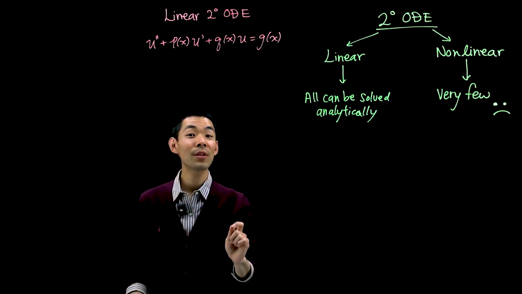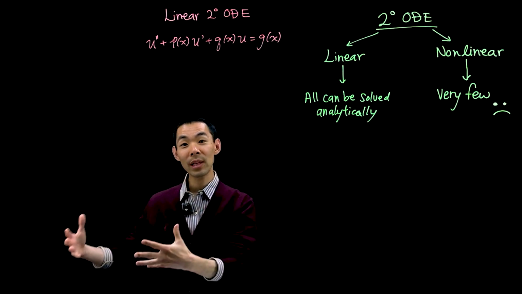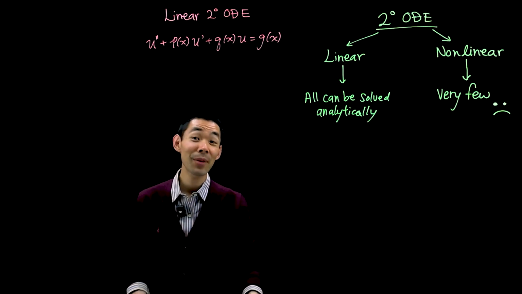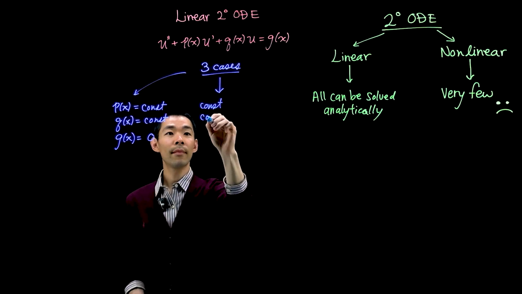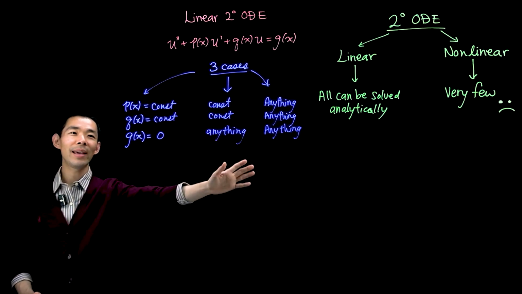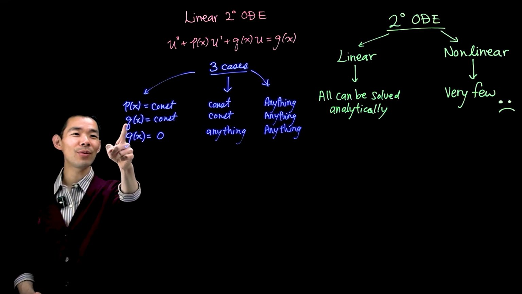Depending on what those functions look like, the strategy that we'll use, the tools that we'll use to solve this equation will differ by a little bit. So let's write down the three cases for us to consider. So I've written here the three different cases depending on the nature of the coefficients p, q, and the right-hand